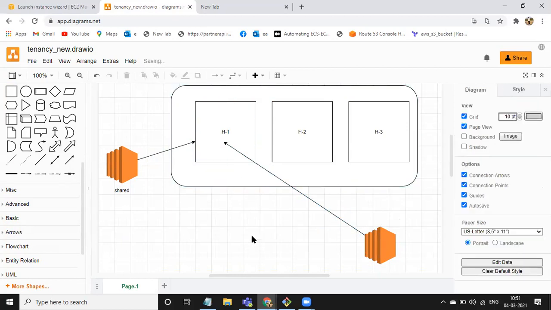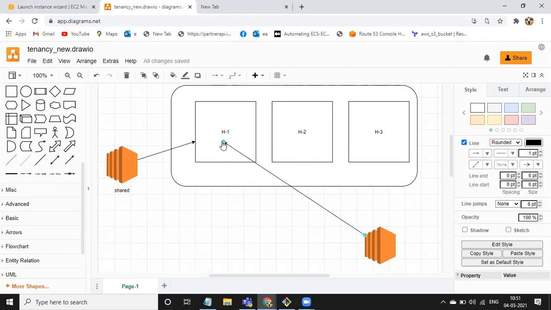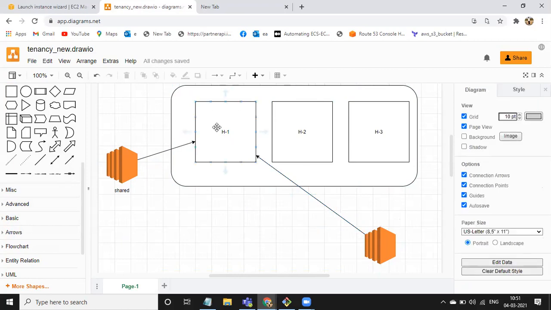Okay, you may have a doubt: if servers from different organizations can come and sit on this hardware, what will happen? There is a chance of a data breach, right? So in order to overcome this situation, AWS designed their architecture in such a way that different servers from different clients can come and sit on the same hardware in the backend AWS data centers.